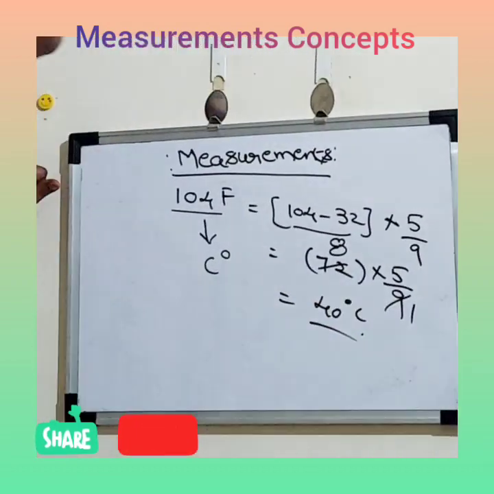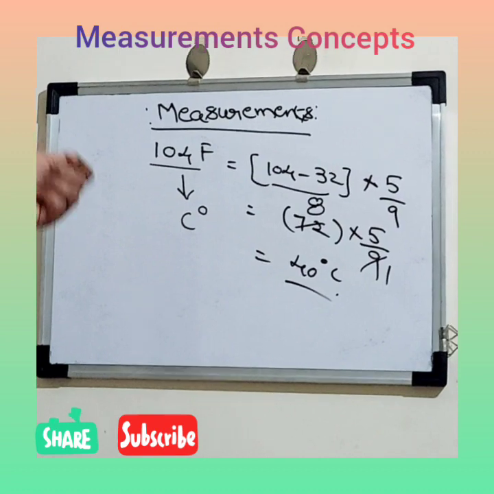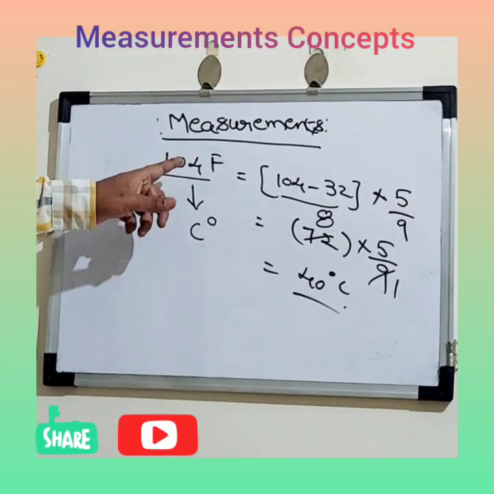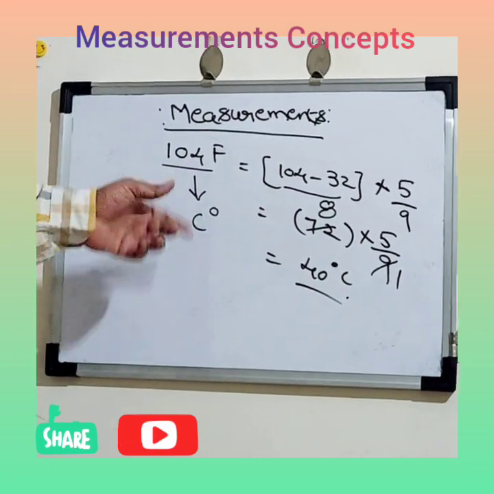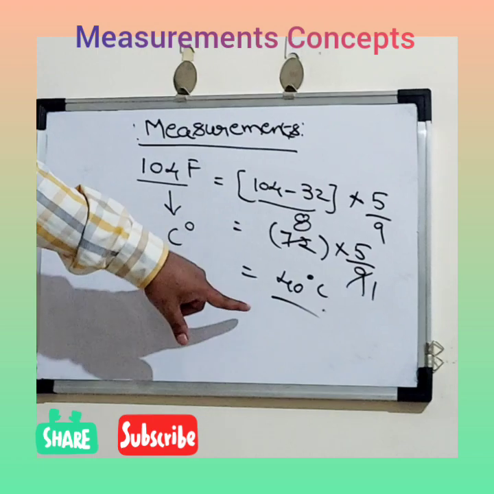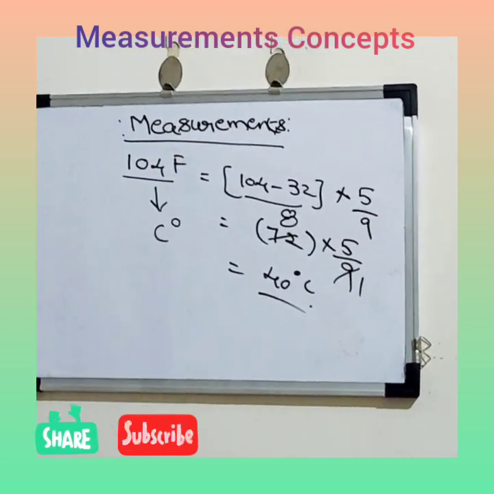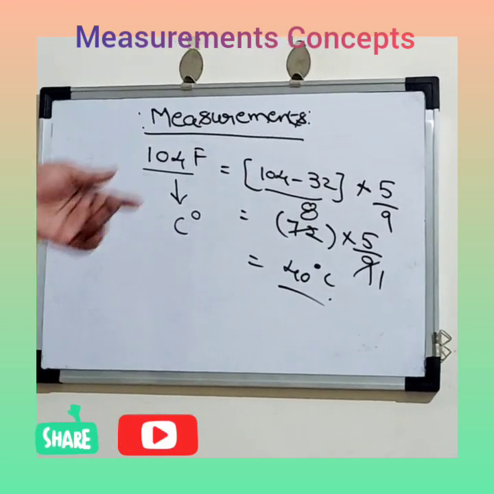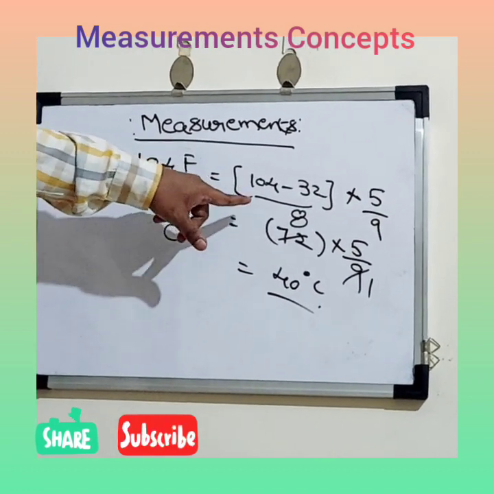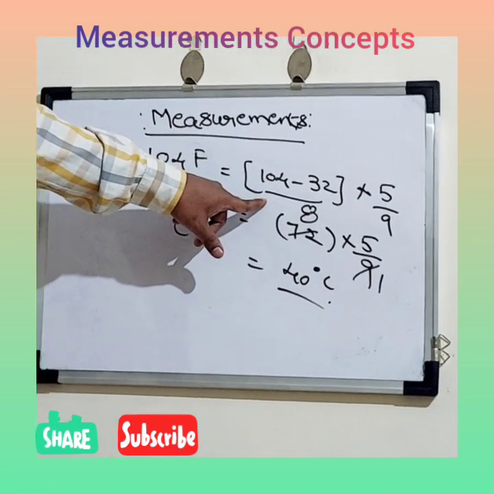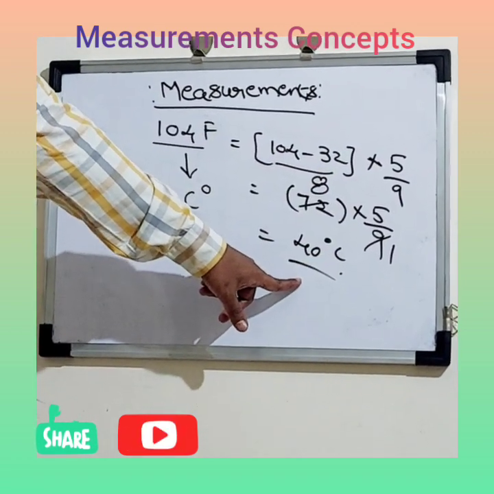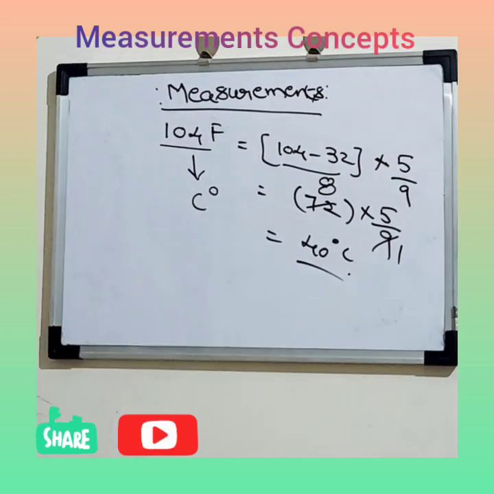So it is perfectly matching the value which we converted previously. Previously when we converted 40 degrees centigrade to Fahrenheit, we got 104. But if you do the reversal process with this method, we get the same correct answer. So the steps are: when you want to convert Fahrenheit to centigrade, you subtract 32 from the Fahrenheit value in the first step, and for the result just multiply with 5 by 9. Then you will get the actual centigrade value, that is the actual temperature value.